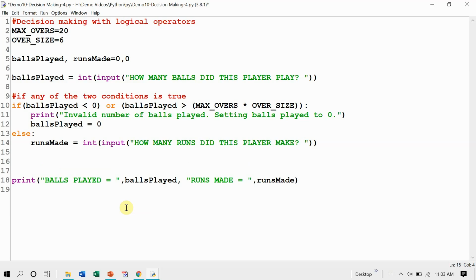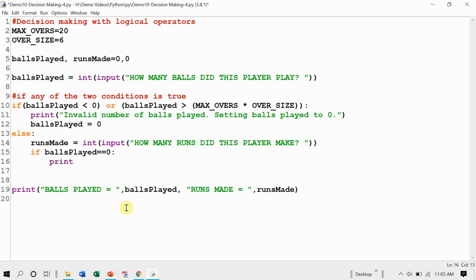So we ask for runs made. See what else we are doing. So the only possibility left is if balls played is 0, then we will ask the user how can a player make any run without playing any ball.